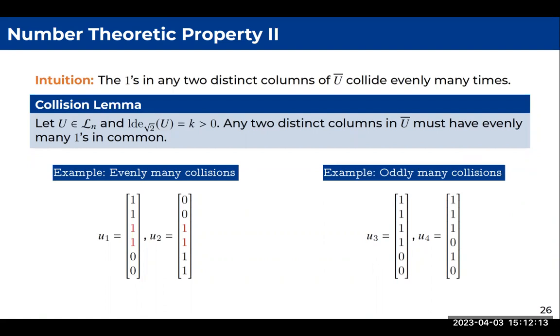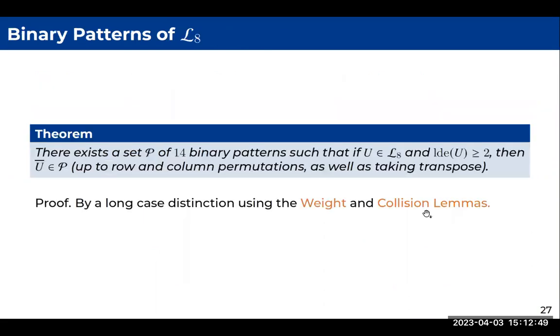All right, so another property is that if you have two columns from the binary pattern of this U, then the ones in these two columns must collide evenly many times. What do I mean? For example, this is an even collision example. U1 and U2 are two binary vectors, and you see that the third row and the second row collide. Now, if you look at this one, U3 and U4, they collide oddly many times because there are three positions that are identical. Now, by leveraging these two lemmas, one is the weight lemma and the other is the collision lemma, we're able to find 14 binary patterns such that